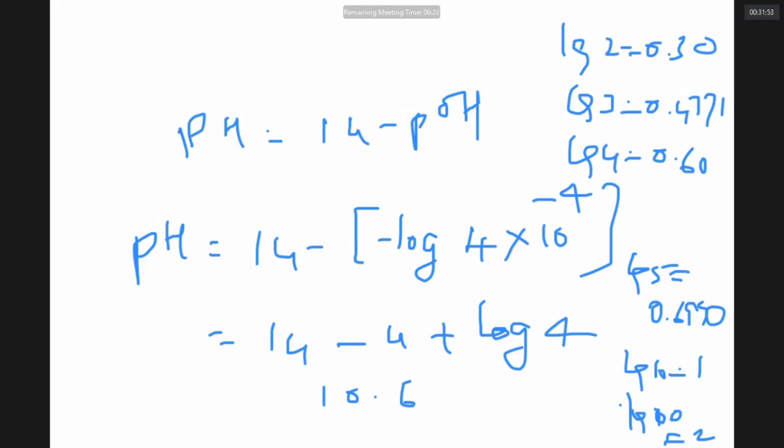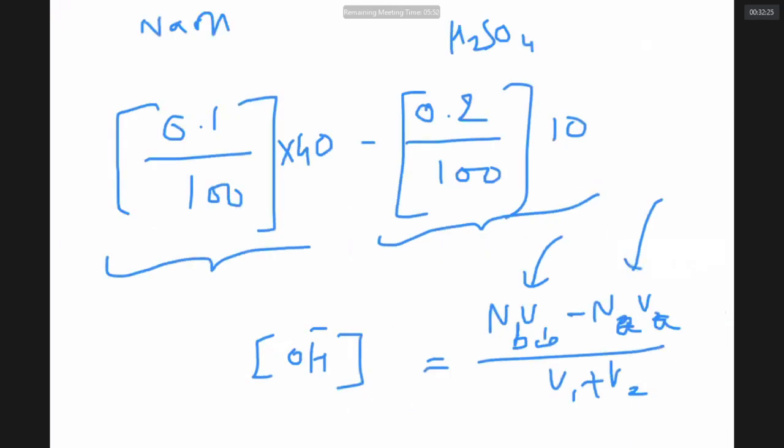We have done this problem. You have to do this problem 2-3 times to get the basic idea of what we are doing and how we are looking. It is not the number of problems we do that matters; it is the number of times we do it and the concept we imbibe that matters. So that is the relation between NaOH and H2SO4.